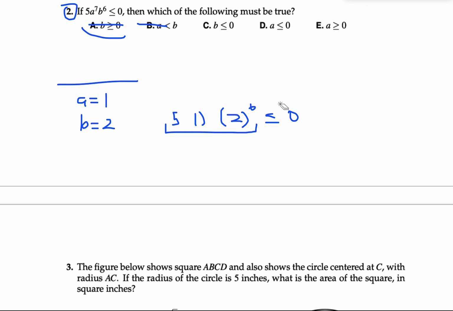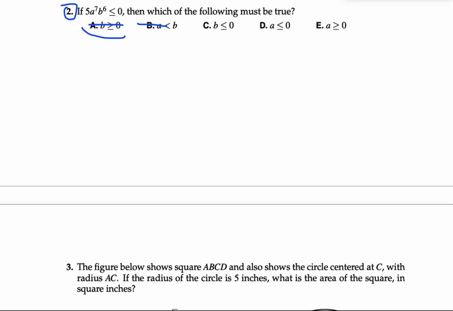And option C is saying that B is less than or equal to 0. So let's try that and see what we get. So B less than or equal to 0, we can just set B. Let's make the problem again easy on ourselves and set B to -1. If we set B to -1, let's see what the whole equation simplifies to. So we get a to the 7th power, and then b, like we just said, is -1. And then we raise this to the positive 6th power, and we set up the inequality less than or equal